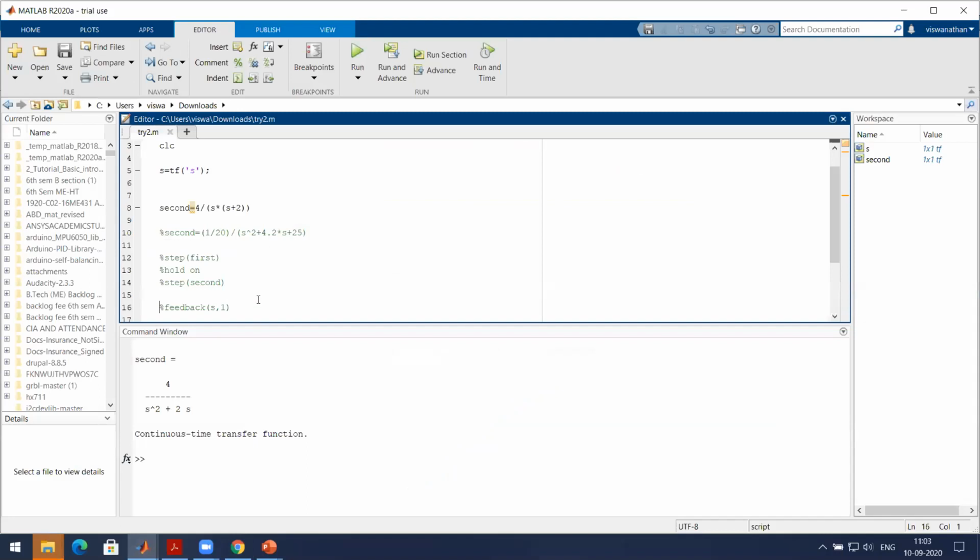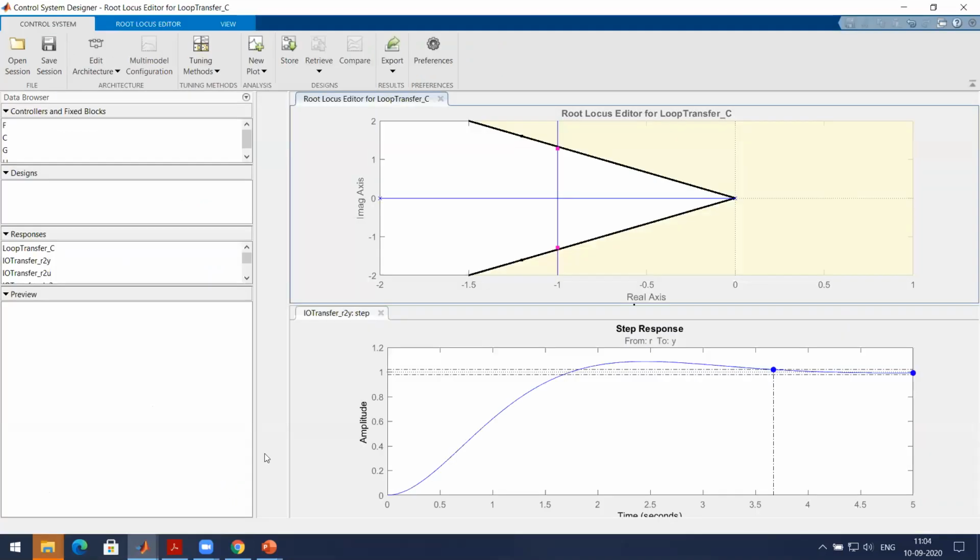So if, instead of the control system designer, you just have the PZ map with the grid on, you can see the damping ratio constant lines. So that is what it is. This is one line which is indicating that the damping ratio is 0.5. So within this, it will be